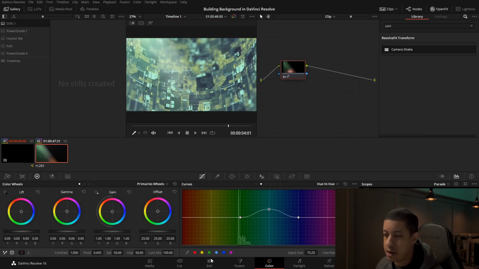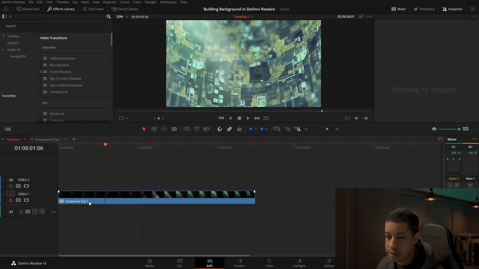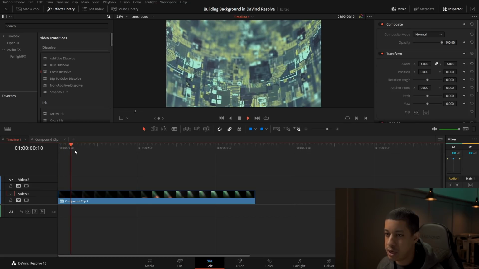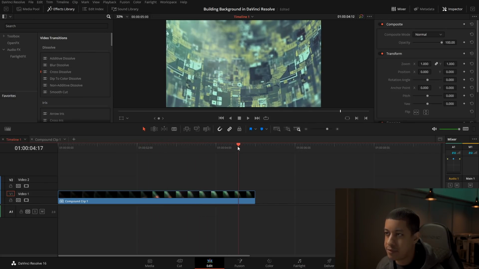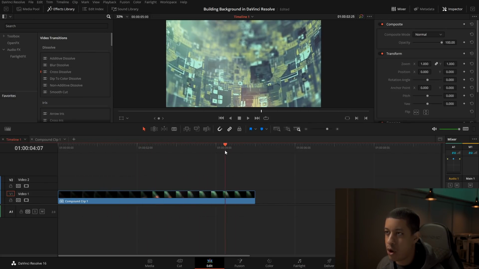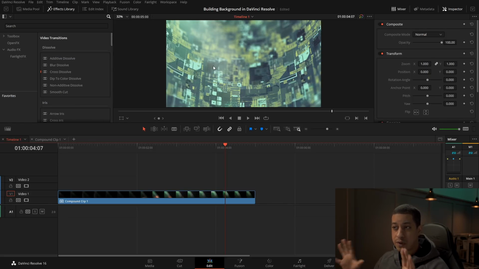Okay, so now that we have that, we come back over to the edit page, go into the timeline. This is the timeline on the compound clip, the one that has that camera shake. And now if we were to let this cache, I bet we would have something that looks pretty cool here, where we would be able to put a little title on here and make that look kind of cool. What you would typically do with something like this is you would create it, and then once you've completed it, you would break it into separate elements. So the title itself, you wouldn't render with this background element. You would render the background element by itself.